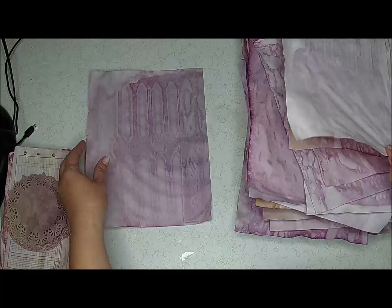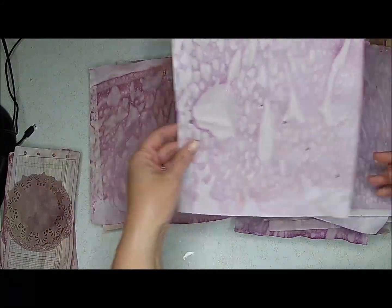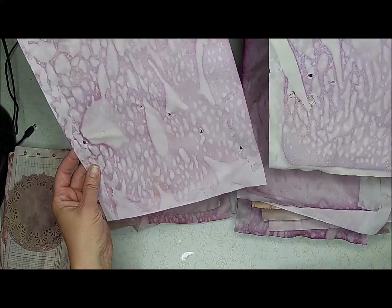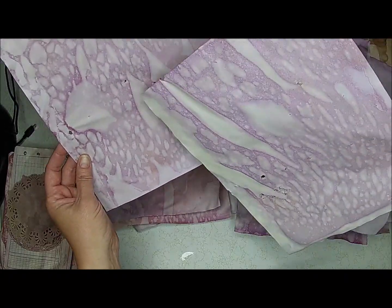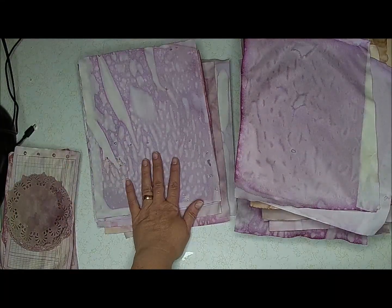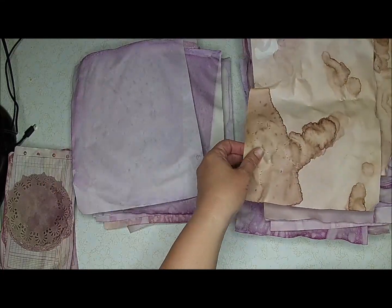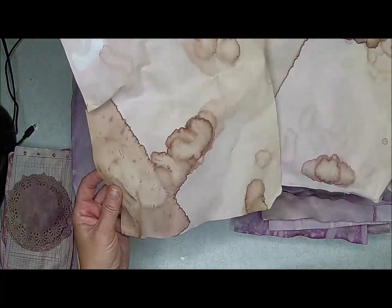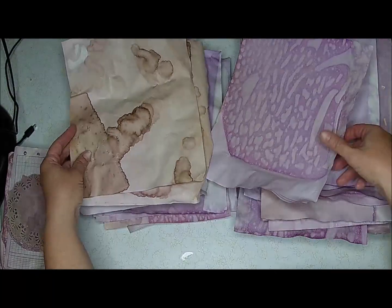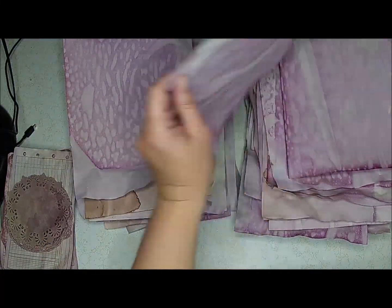And then these, 1, 2, 3, 4, 5, 6. These are the ones that I put that chicken wire on that totally did not work. And it's got holes all in it. So I may have to use that for like journaling cards or something. 7, 8. I think I left these in the oven too long. 10, I think. 11, 12,